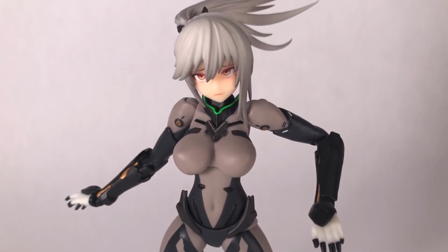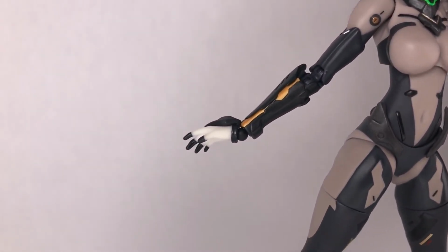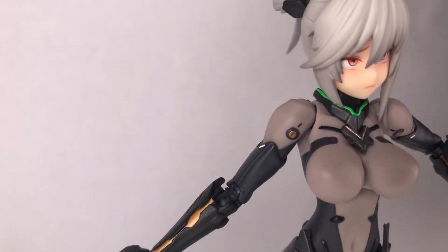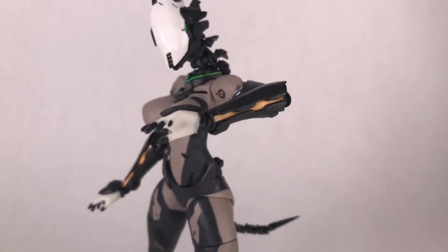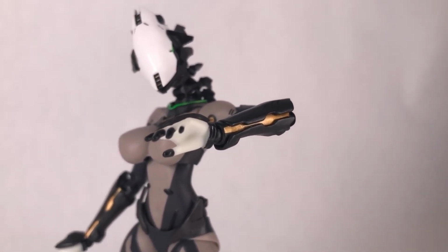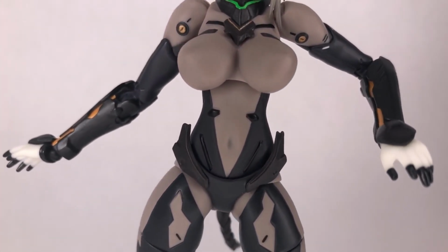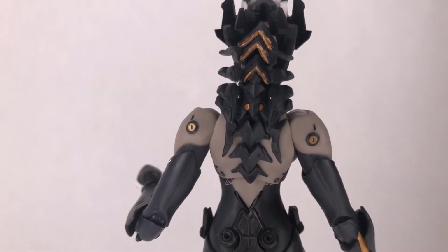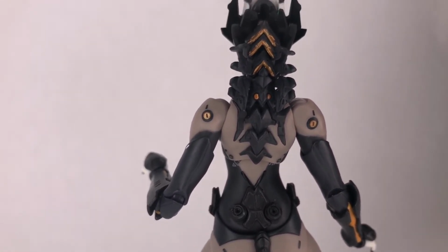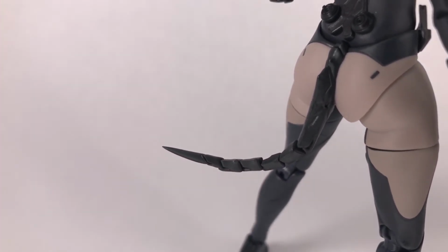Assassin's body has a futuristic look, and it very much looks like a plug suit, and I can't help but think of Neon Genesis Evangelion because of the details around the neck and the plugs at the shoulders. Assassin's plug suit does have its own cool details though, like the armor on the forearms, which have this cool layered look. She's also got these wings at her hips, which is an interesting detail. I also like these armor plates at her spine, which also helps create a smooth transition from the robotic head to the body. She also has an alternate hip piece, which has a robotic tail attached to give her an